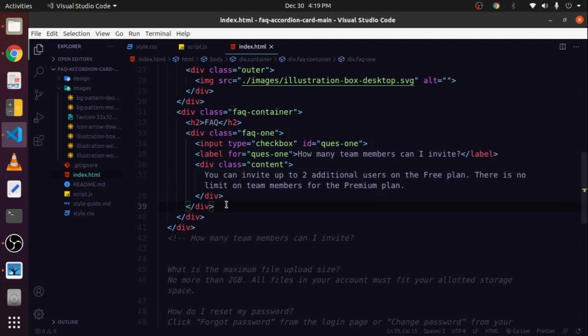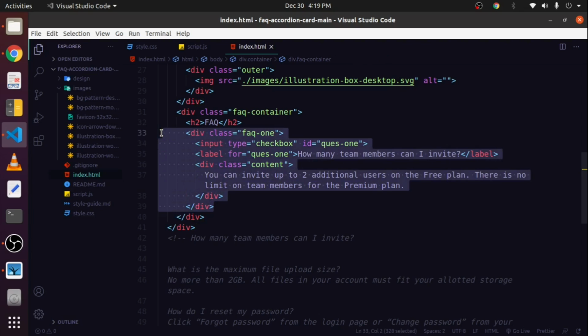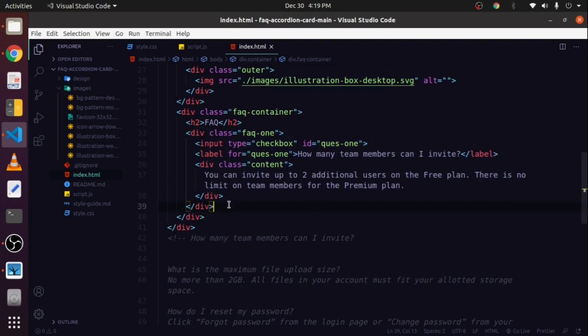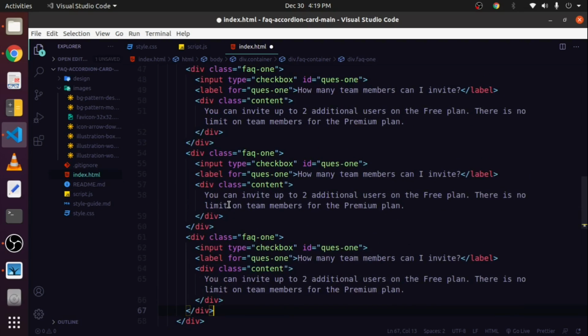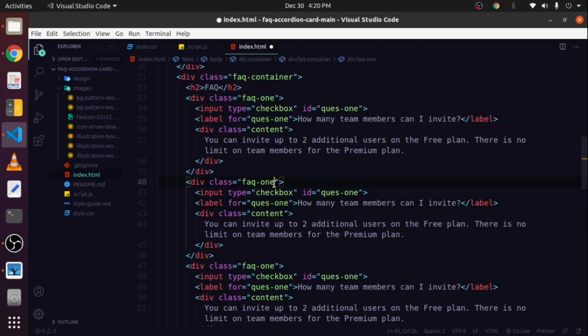Now you need to make 4 more copies of this one. Just copy this and paste it 4 more times, first, second, third and fourth. And now first change this class to FAQ-2 and then change this one to 2, and then change this for attribute as well. Please make sure your ID and for attribute have the same value.